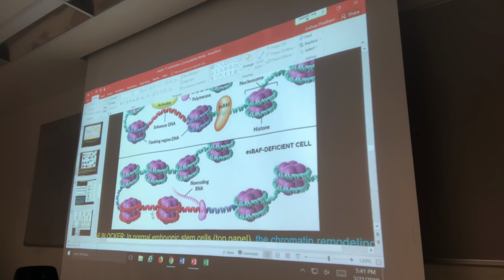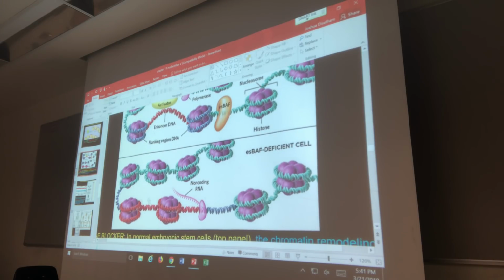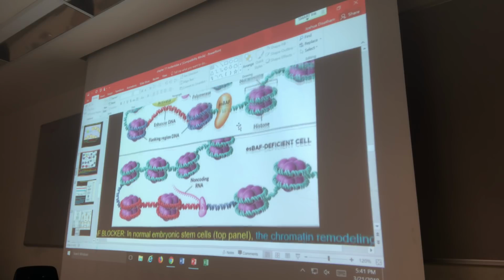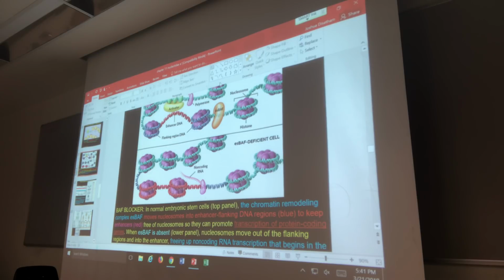In fact, what ends up happening is if a transcription factor is able to land nearby, it ends up transcribing some useless thing. Well, I'm oversimplifying it, but it doesn't transcribe the gene. It transcribes a thing called a non-coding RNA, which you learn about in more detail in other classes. But bottom line is it is unable to transcribe the original target gene because the landing site is now wrapped around histones, because this BAF was unable to open up the landing site. All right? So you can go ahead and read all about that in detail in this paragraph here, but that's all that this diagram is telling you.